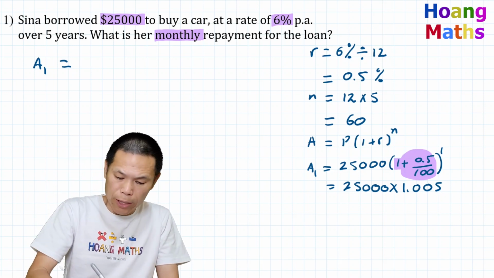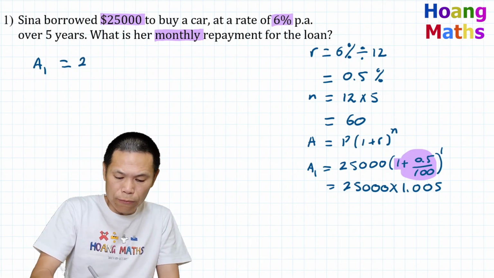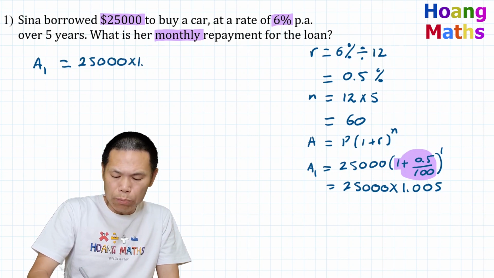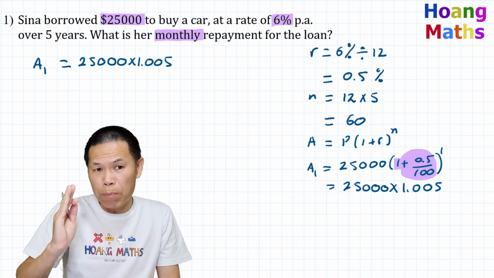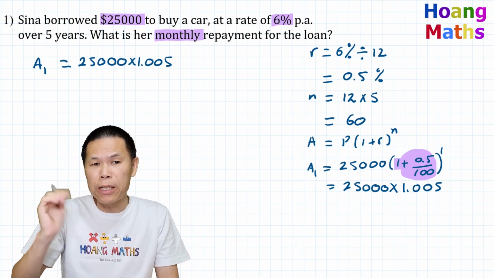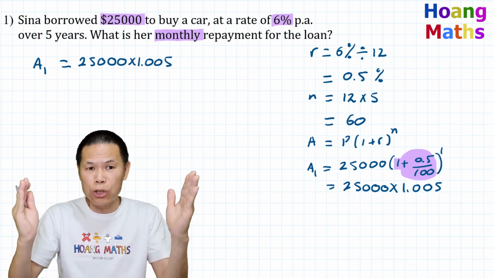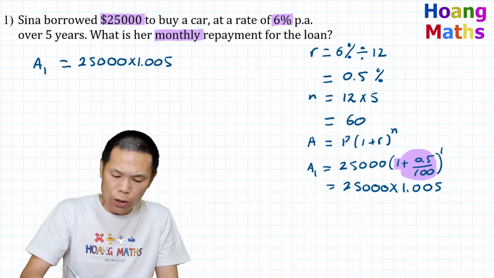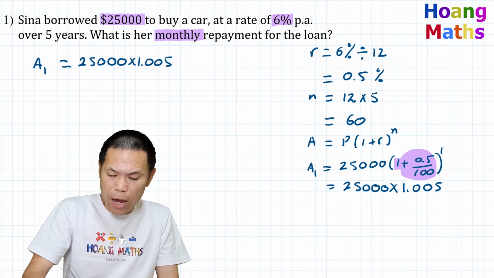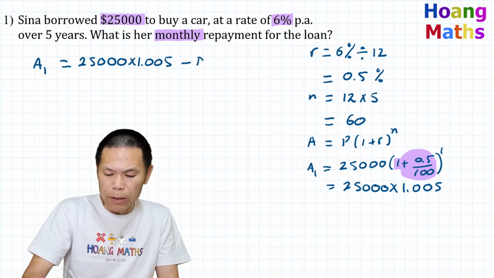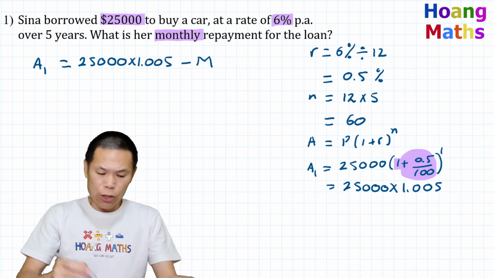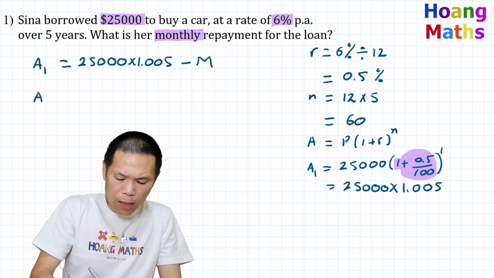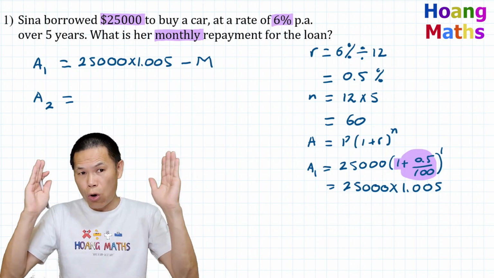Let me just write this down here. A1 equals $25,000 times 1.005. And then she makes a regular payment of, let's say M is her regular payment because we don't know how much she has to pay every month. So we just say M, okay? So M is a regular payment. So minus M. And at the end of A2, that means at the end of the second month, so she owes